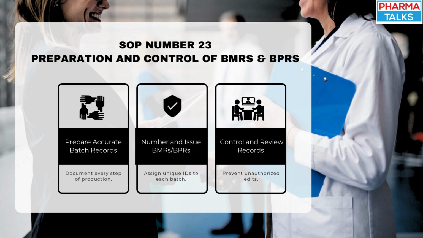It includes procedures for numbering, issuing, and controlling these records to prevent unauthorized changes and ensure their integrity. The SOP emphasizes the importance of accurate documentation and proper record keeping for batch traceability in compliance with regulatory standards. These records are essential for quality control, audits, and investigations in case of any issues, ensuring the safety and quality